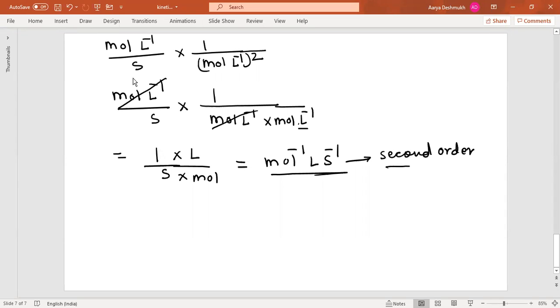So you need to remember these units. You should understand how you calculate the units for the rate constant. This is the way you go for the calculation of the rate constant. Now here